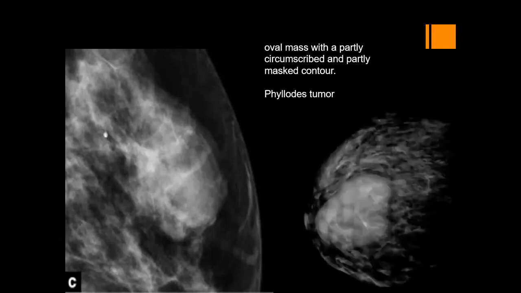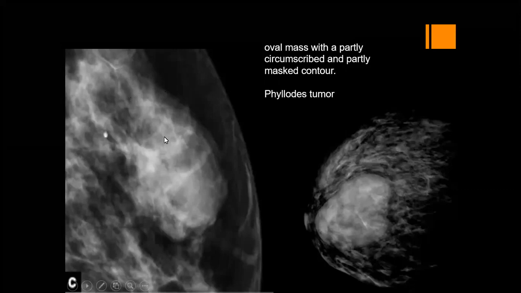Usually or commonly it presents like a circumscribed mass like this, unless it is so malignant and has malignant features. Otherwise, it usually presents like a circumscribed mass, but sometimes can be presented like this, with the adjacent tissue containing fat, as if, because if you look here, it is seen in continuation. And sometimes